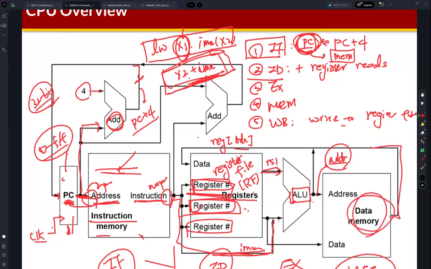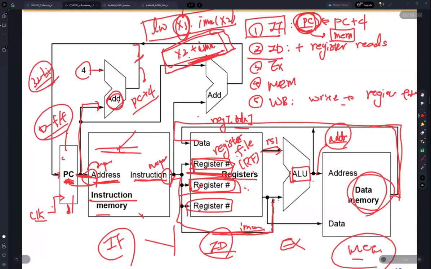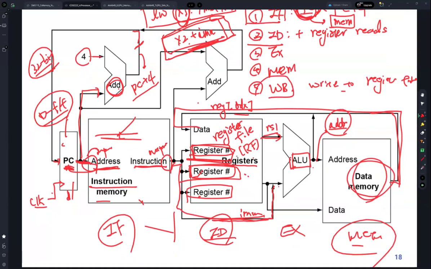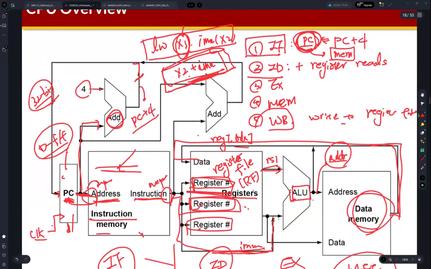data is read out. And then this data also can be written back to the register file. Okay. So this is the memory operation also. And then I already explained about the write back. Okay. So